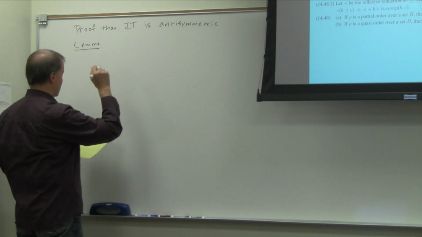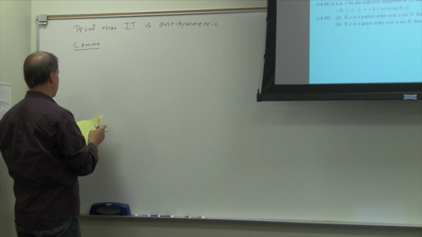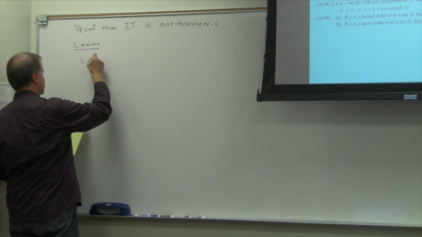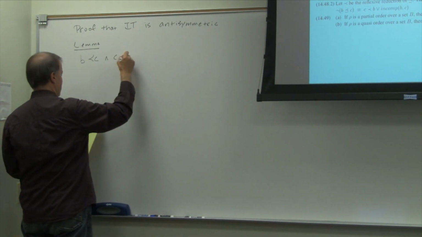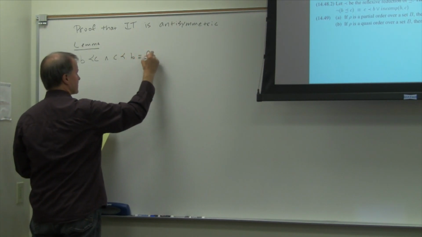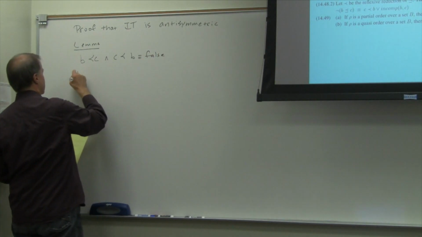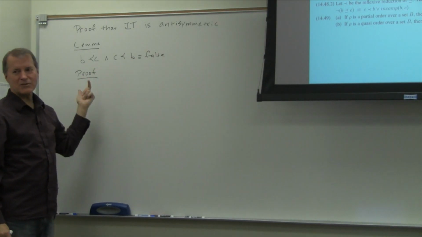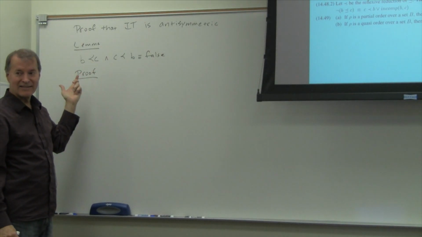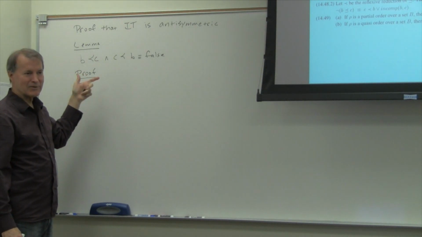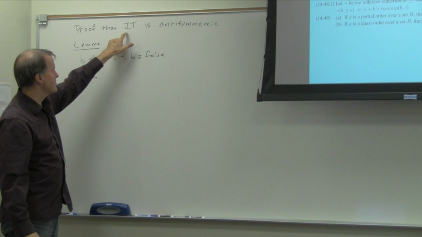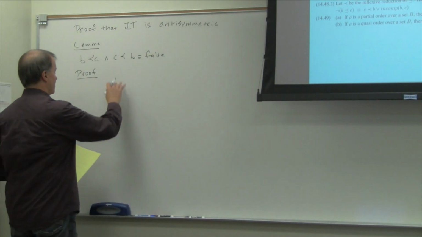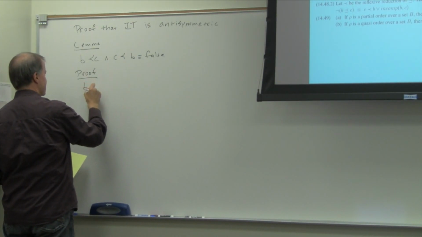So now we're going to start by proving a lemma. This lemma is: B is related to C, and C is related to B, equivales false. Does that make sense? If you think in terms of numbers and less than, how can a number be both less than and greater than? Our assumption now is irreflexive and transitive. We're going to prove that this equivales false. So here's what we'll do. We'll start with B is related to C,